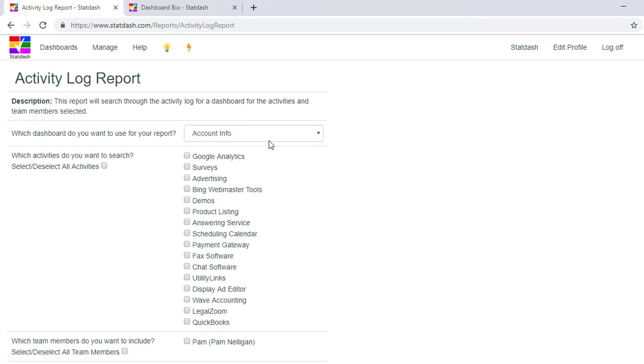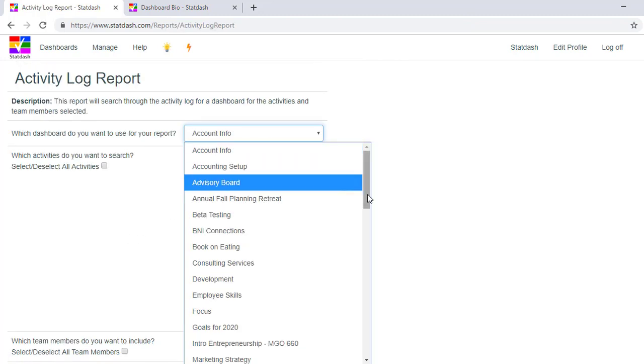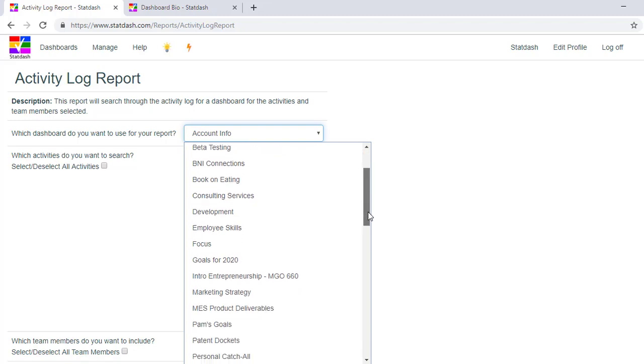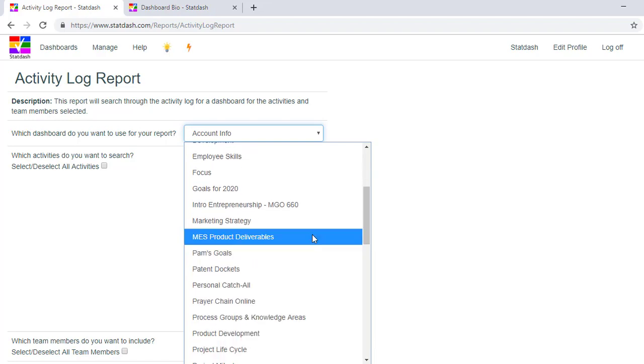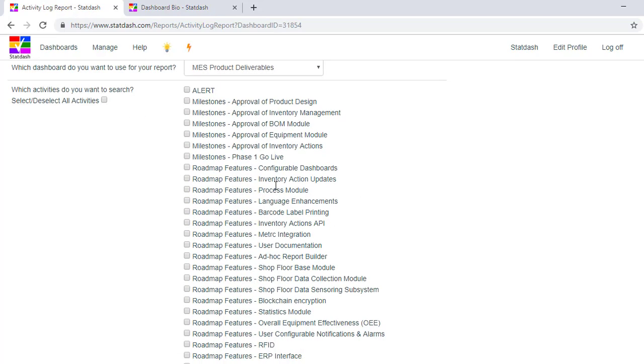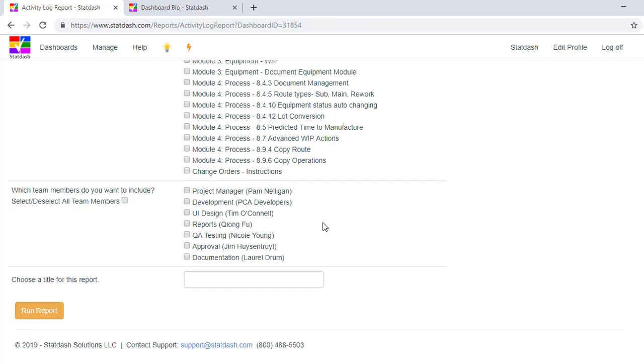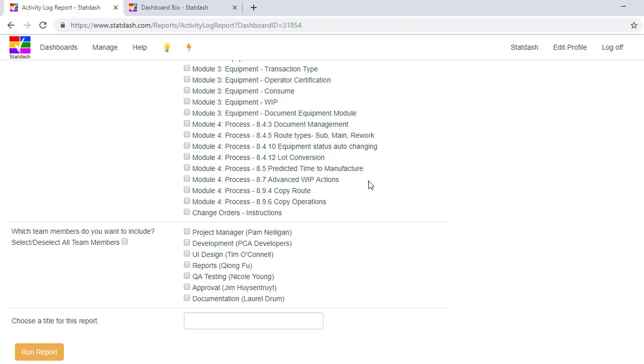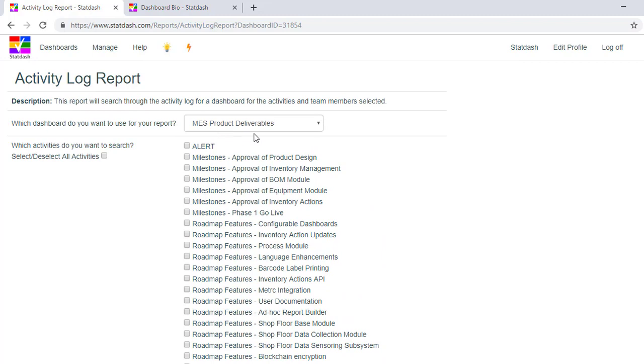So the activity log report comes in handy when you want to find the status of a particular person and what they've recorded over the course of time. So I'm going to go to a dashboard here, and notice it lists for me all of the activities for the dashboard and then all of the team members, right? So what I'm going to do is, on this particular dashboard, I have an alert field, and that gets populated with information for a particular activity